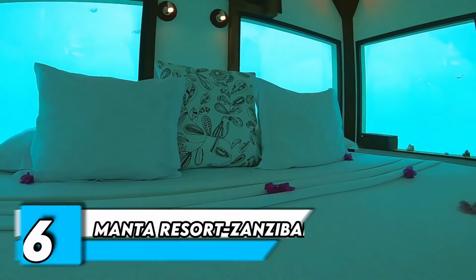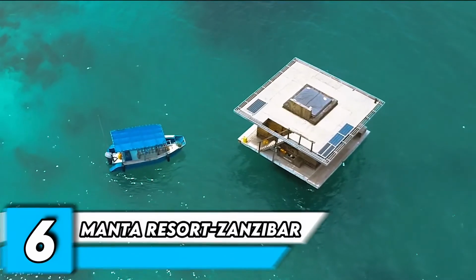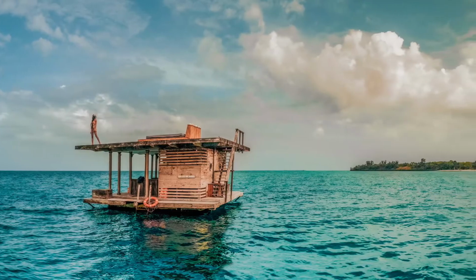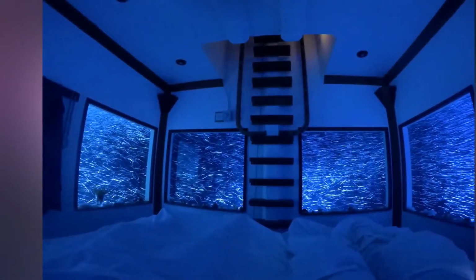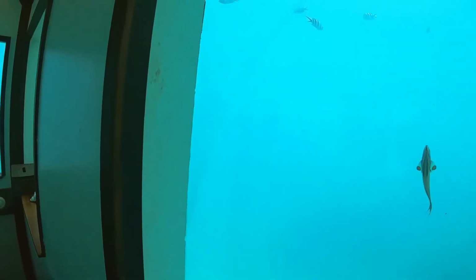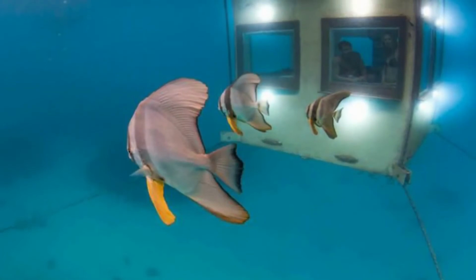Number 6. Manta Resort, Zanzibar. This one is a true definition of tropical luxury. Located off the Pemba Island on Zanzibar Archipelago, the Manta Resort is more like a dream. The floating hotel gives you an amazing and breathtaking view of the Indian Ocean and African coastline from a unique